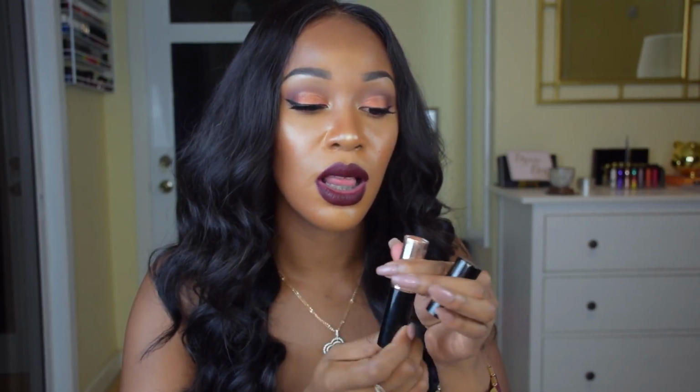So let's talk about the packaging real quick. It comes in a regular Anastasia Beverly Hills black box with the rose gold writing, which I threw away. It comes in a tube. This is metal. Wind up the product. And on the Anastasia Beverly Hills website, Anastasia Beverly Hills describes this product as